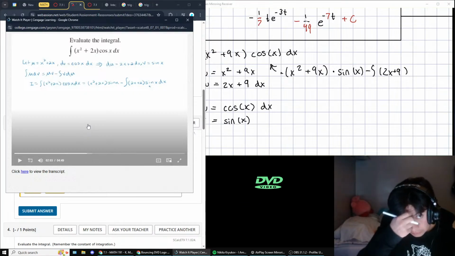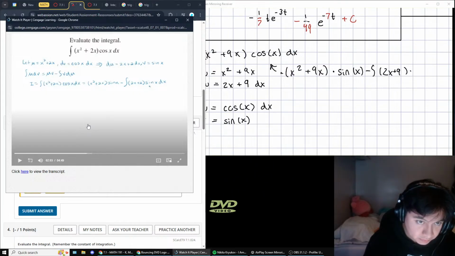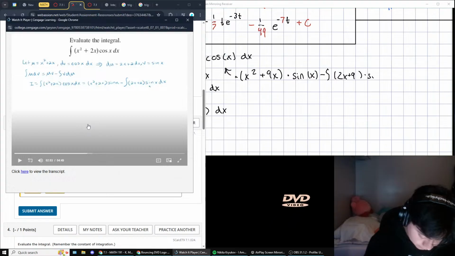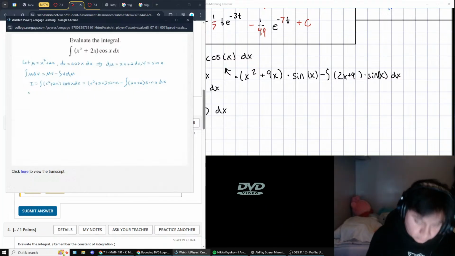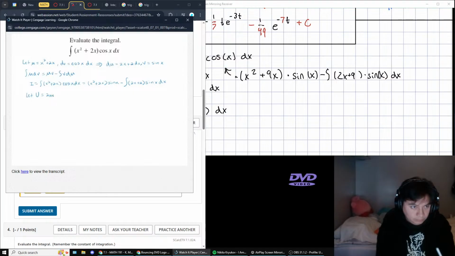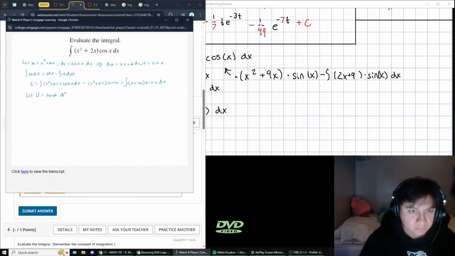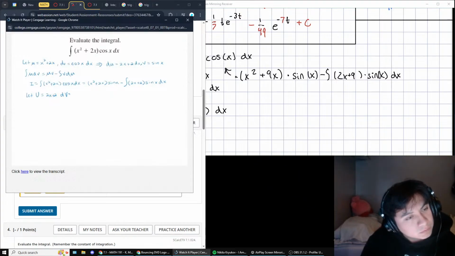Oh, because we already integrated it. So I just see that times dv being sine x dx. So if we look at this and we let capital U equal 2x plus 2 and dV equals sine x dx, then we have